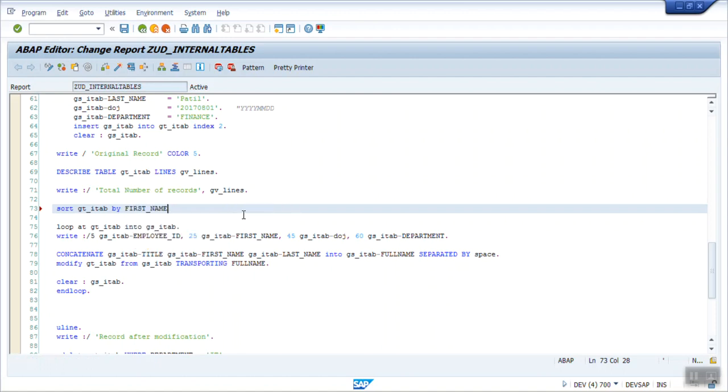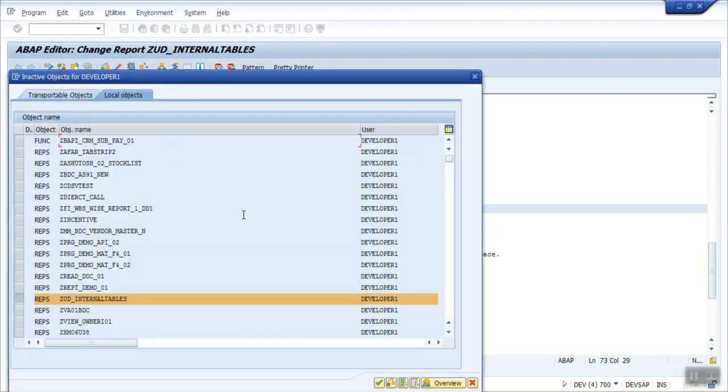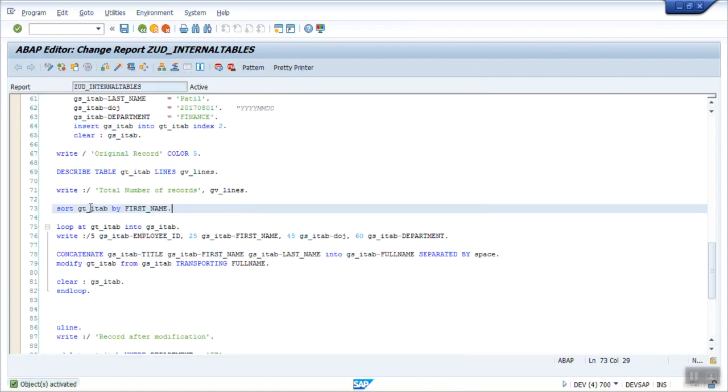We have to give sort criteria on which basis the system should sort the records. So I want to sort in ascending order based on the first name. If you're not adding any keywords after this, by default it will sort in ascending order.